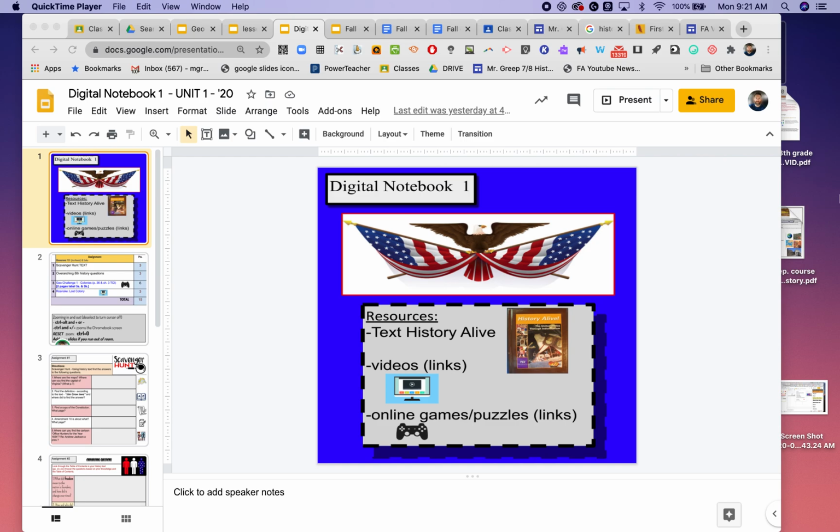This is one of many books that you're going to complete throughout the year. Digital notebooks are just slideshows, right? That we work on, and so it'll tell you the name. It's Digital Notebook One, and then some of the resources that you're going to use. In this case, you're going to use your textbook, and then any kind of links that I put into the